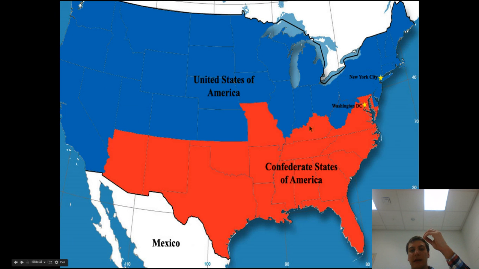So this really divided the country into two groups. You had the Confederate States, or the South, who was fighting for their way of life, for their system of slavery, for their ability to make laws for themselves, instead of having the North, which had more people, make laws because they had more votes, so they could do what they want. But that split the country in two, and they're going to fight against each other in the bloodiest war in American history, which we will talk about tomorrow, is called the Civil War.